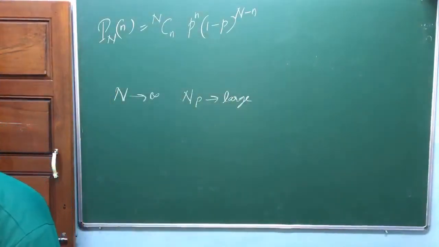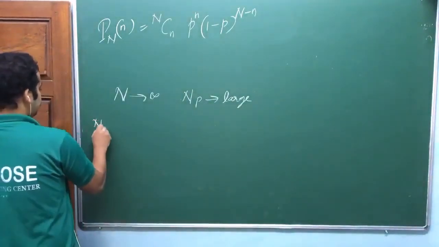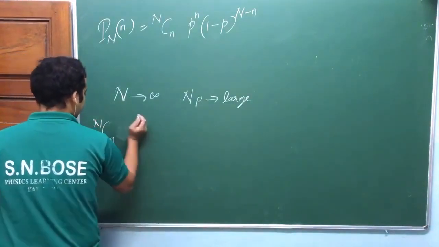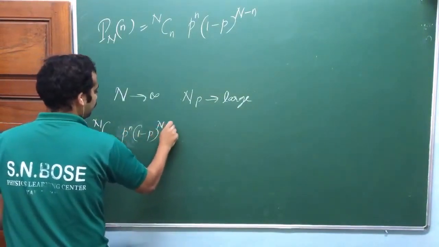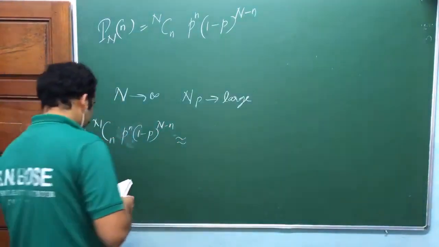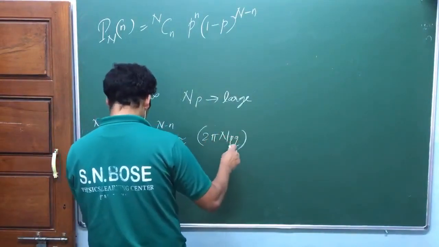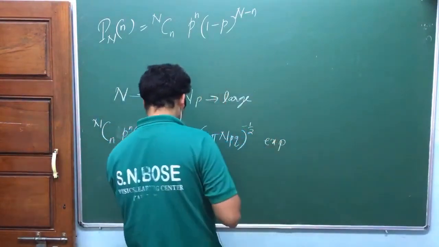In that case, what will happen here is, look at here, your binomial distribution, N C n, p raised to n, 1 minus p raised to N minus n, is nearly equal to 2 pi npq raised to minus 1 by 2, e power exponential of, look at here,